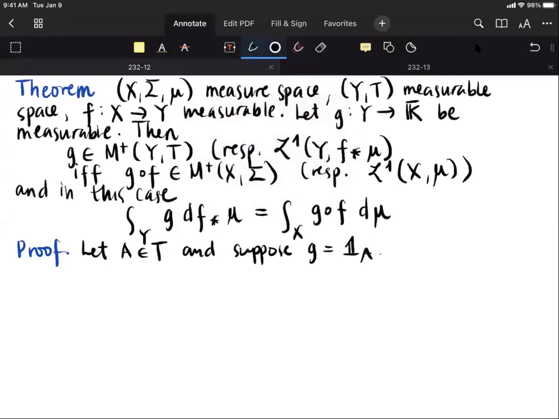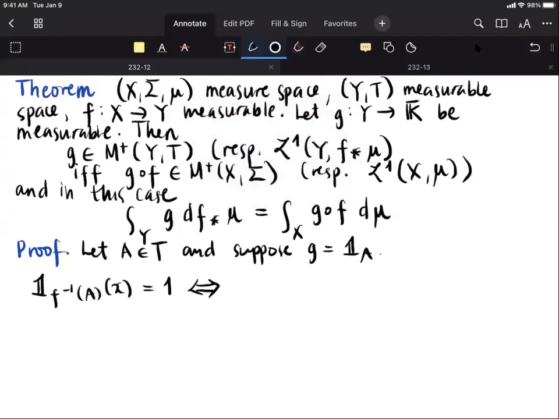So we have the following chain of equivalences. The characteristic function of the inverse image of A under f, evaluated at some point x, is 1